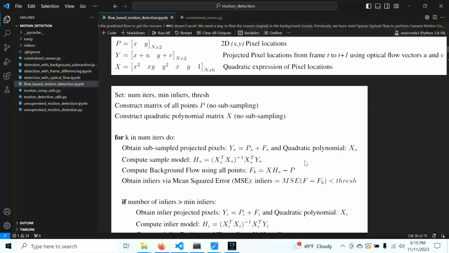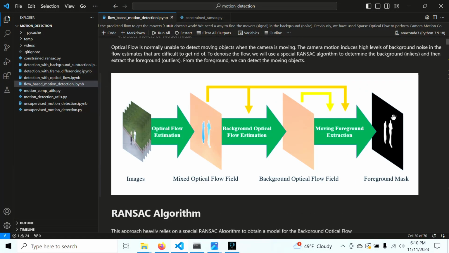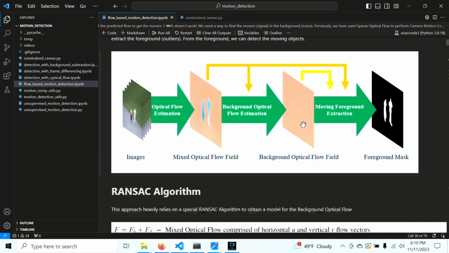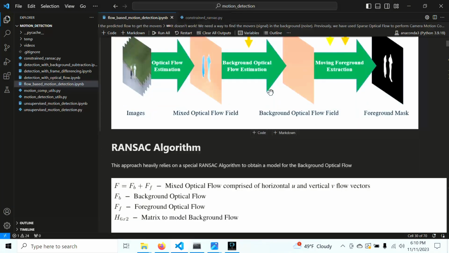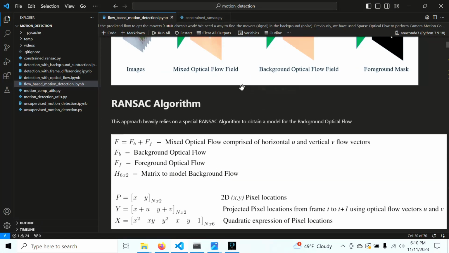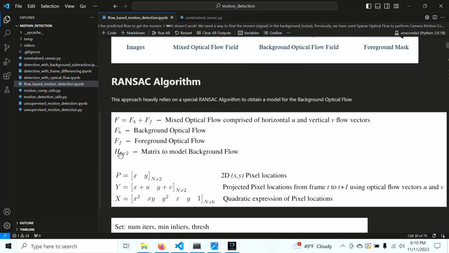And the final thing is we are going to obtain a mask by thresholding the foreground. So essentially the foreground is going to be a denoised version of the optical flow that we're interested in, and once we get the denoised version of that flow, we can perform a simple outlier detection and detect the moving objects. So this approach is going to heavily rely on a RANSAC algorithm that's going to help us model the background optical flow. So the main idea is we want to solve for this H matrix to model the background